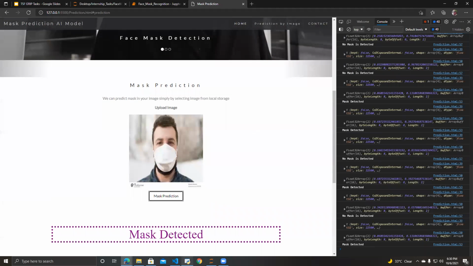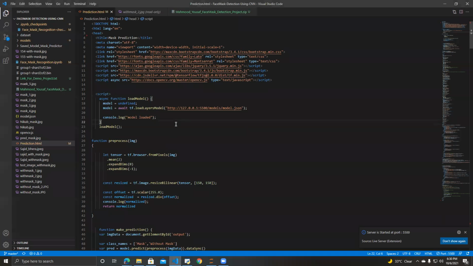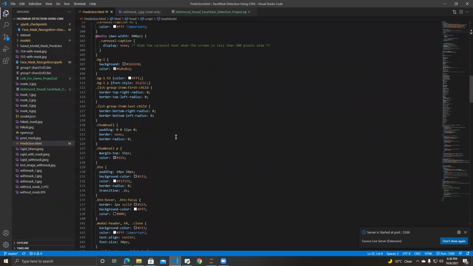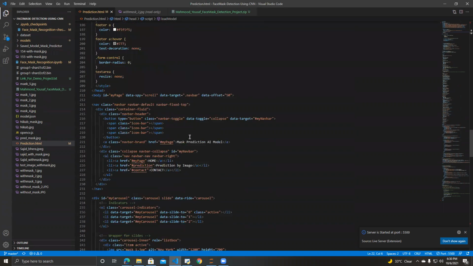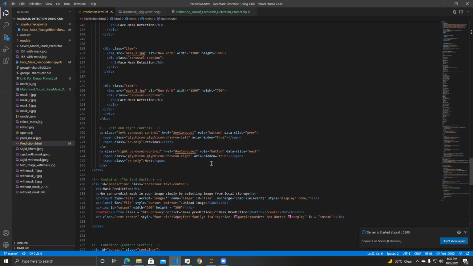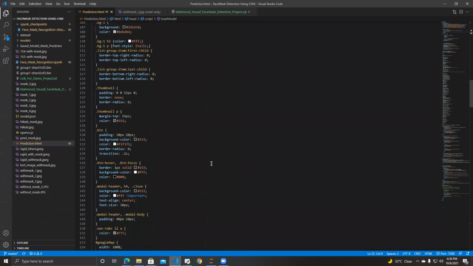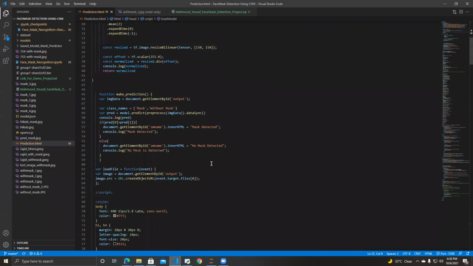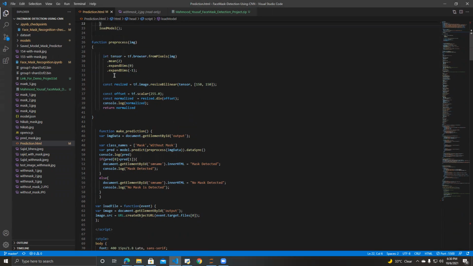So let me show the code here. When the user clicks on the mask prediction button, the on click make prediction function is called. Let me show the make prediction function. We are getting the image ID here, and first we pre-process our image.